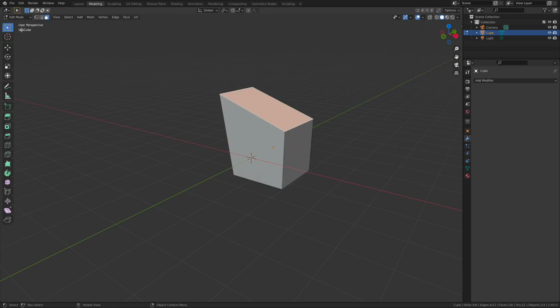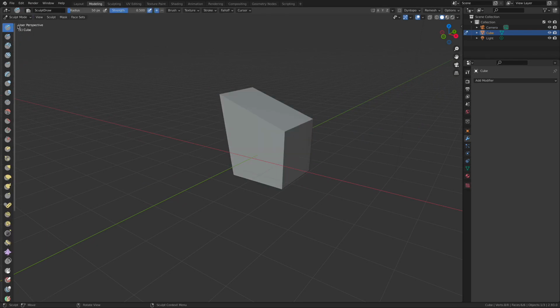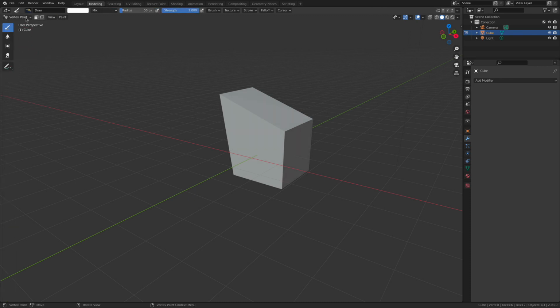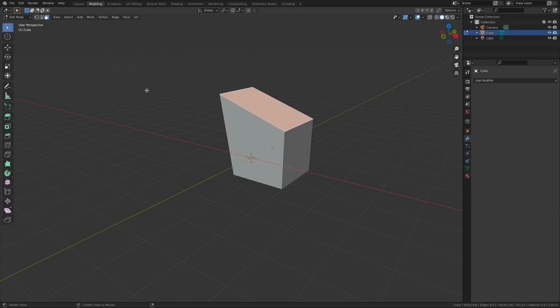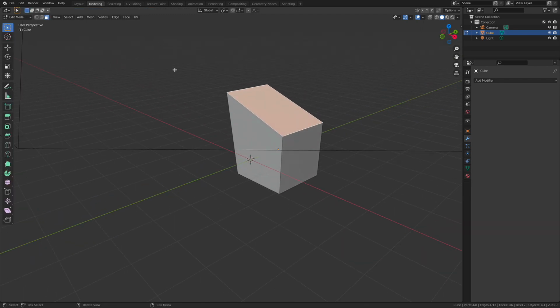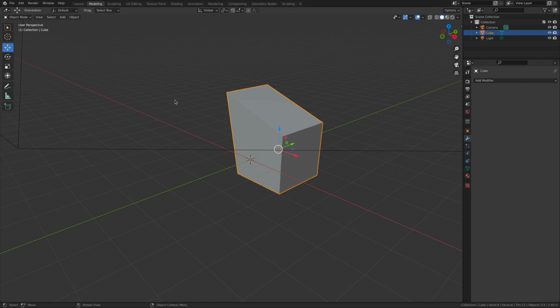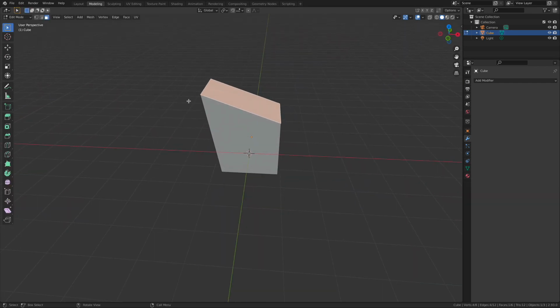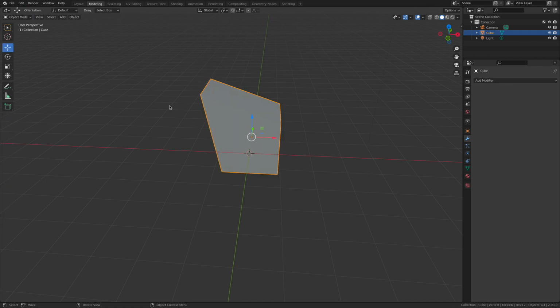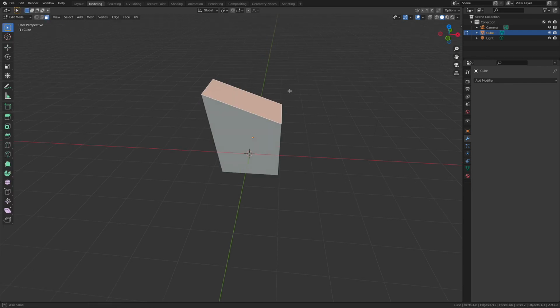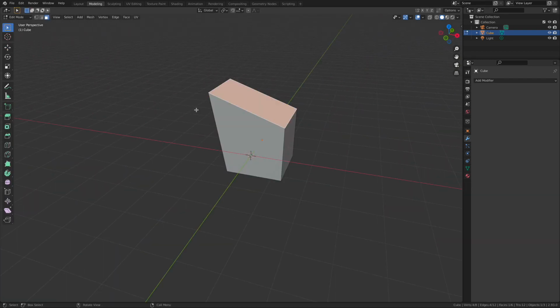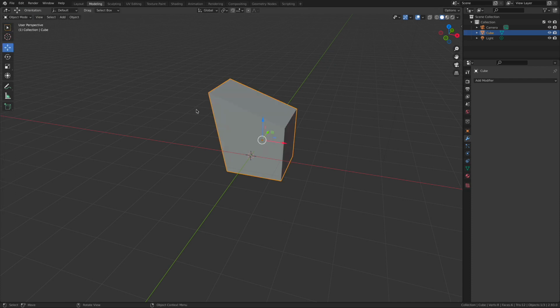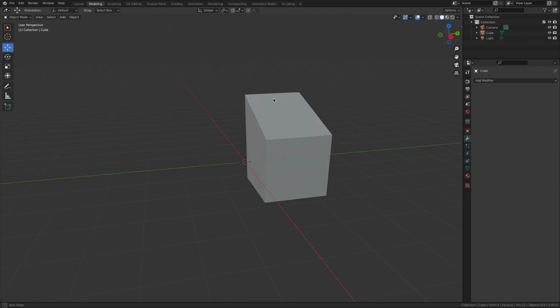So this menu right here is going to change your toolbar. Here's all the sculpting tools, the vertex painting tools, the weight tools. I'm not going to go through all of these, but you can see pretty quickly that our tools are going to change. Here's Pat's Power User Shortcut of the day, and it's the Tab key. The Tab key is going to allow us to cycle between Edit mode and Object mode, and that's a great little trick because those are the two modes, especially when blocking out simple shapes, that we're going to be going in and out of probably the most often. Edit mode and then object mode, which is pretty cool. Okay, let's keep cruising here.